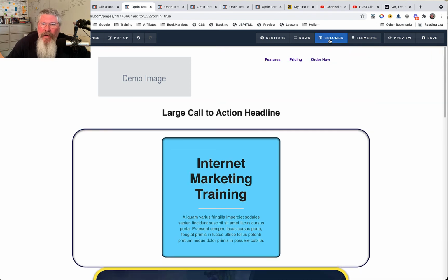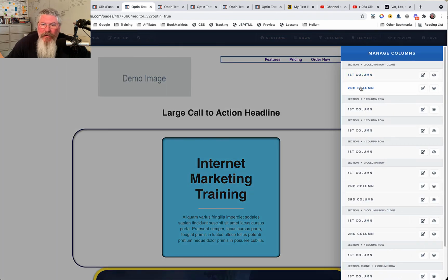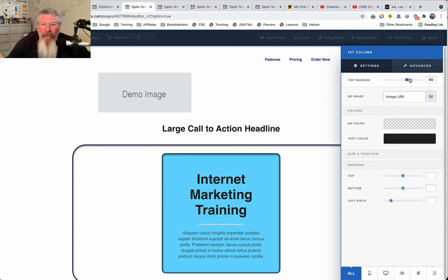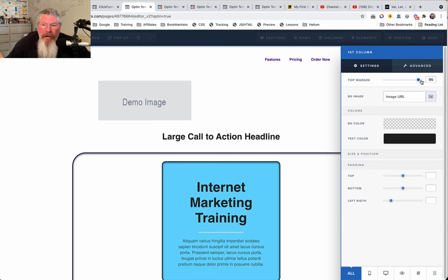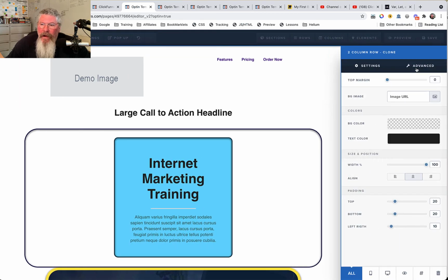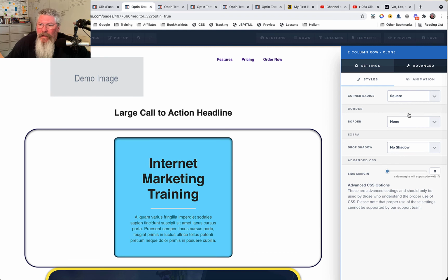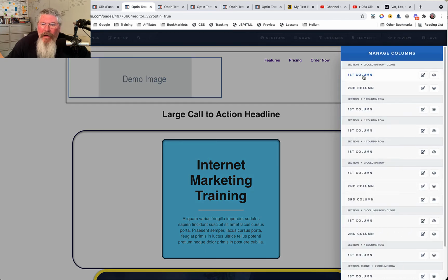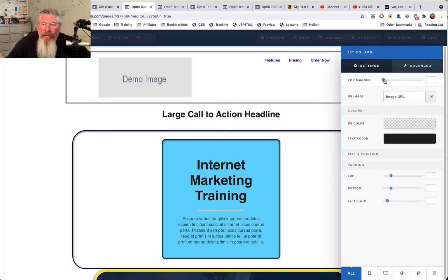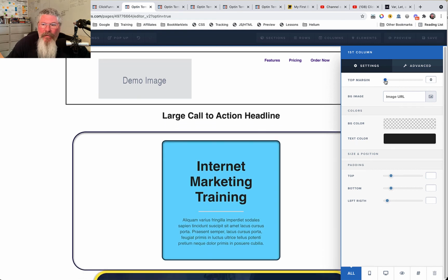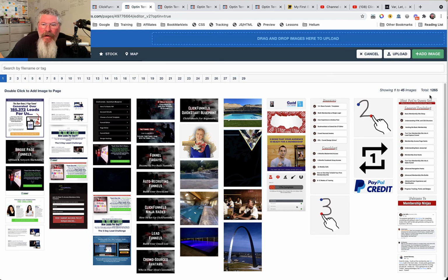So let's just come up to the one up here, and let's just go to the first column. And so you can set the margin on the column independent of each other. So why don't I do this? Let me just put a little bit of a border around the outside of this row. Now inside of the column, we can see here now we are moving away from the top of the row. We can again put in an image